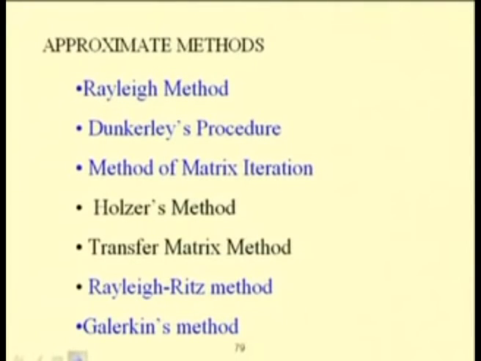So, this way one can study a single degree of freedom system, 2 degrees of freedom system, multi degrees of freedom system or continuous systems. By finding the eigenvalues of the systems, one can find the accurate response of the system, frequency and response. Also, one may use different approximate methods to find the natural frequency of the system. For example, one may use the Rayleigh method.